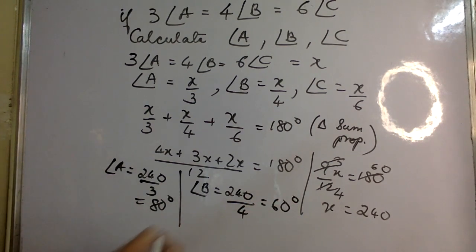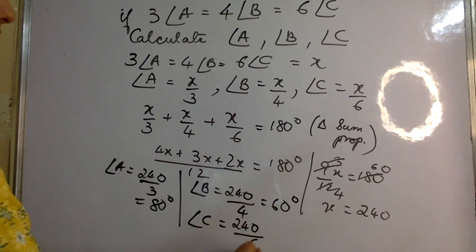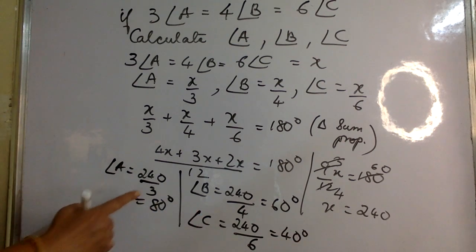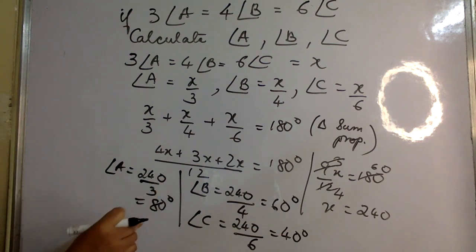Okay, and angle C is equal to 240 by 6, which is equal to 40 degrees. So I got all my angles. You can even add them and see. 80, 60, 40 again gives me a 180. So this is a check